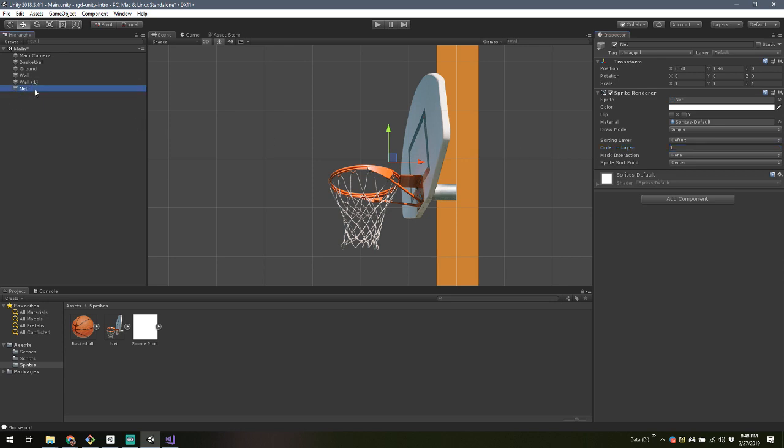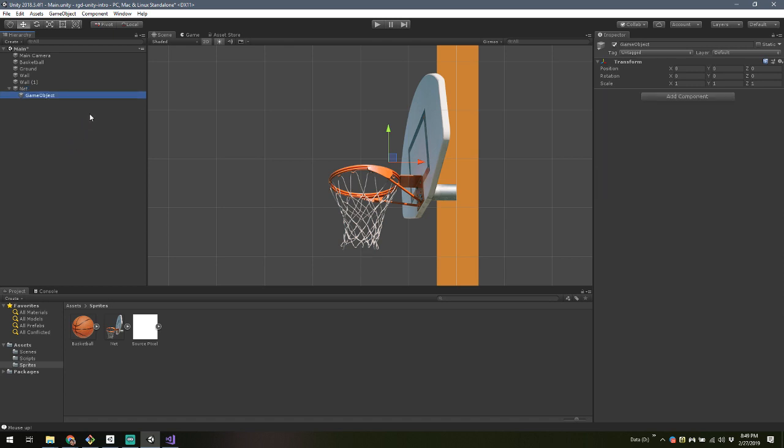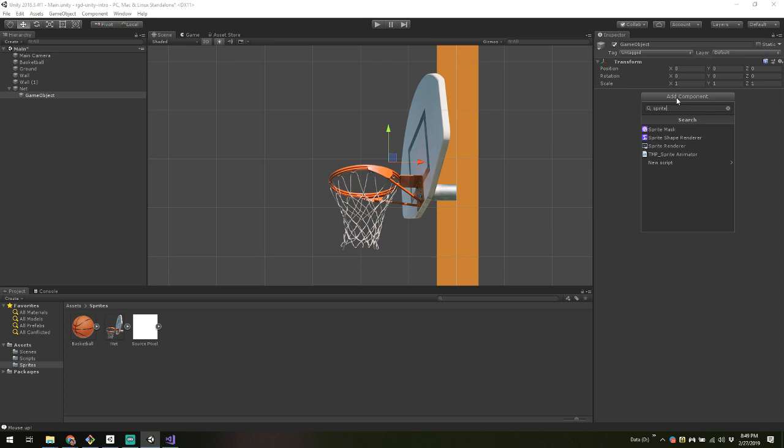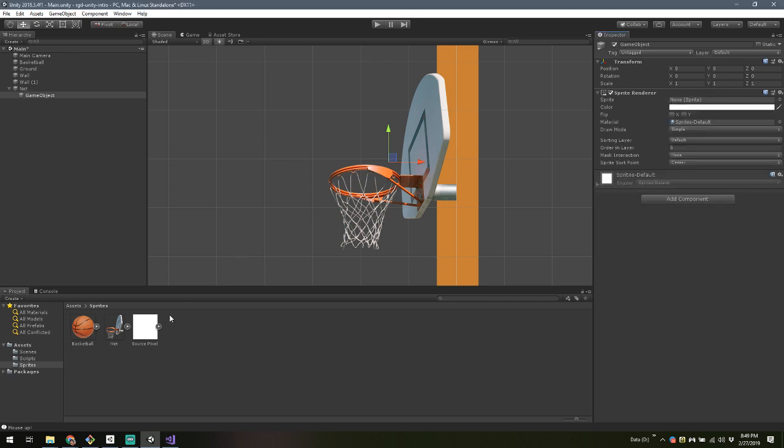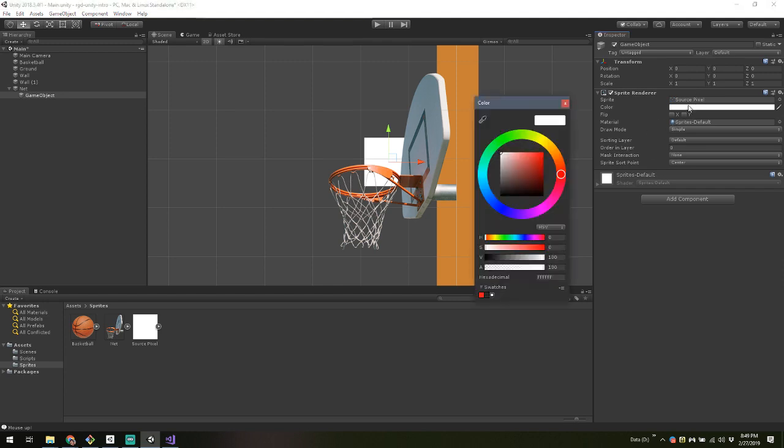I'm going to click on my object here, right-click, create empty. So this creates an empty game object nested under my main object. So now they're linked together. If I move one, it moves the other, same as Photoshop layers. Into this, I'm going to add a sprite renderer, which is the same as when we add anything else. When we add a sprite, it automatically creates an object with a sprite renderer for us. Add a sprite renderer, drag our source pixel into the sprite,